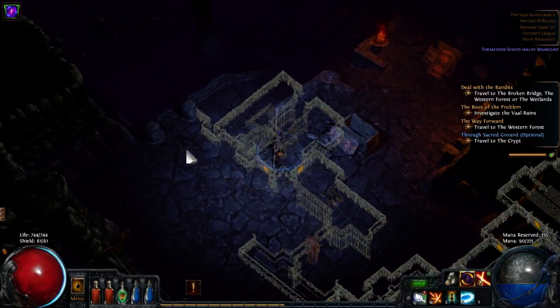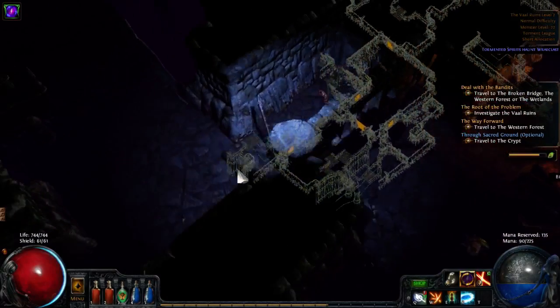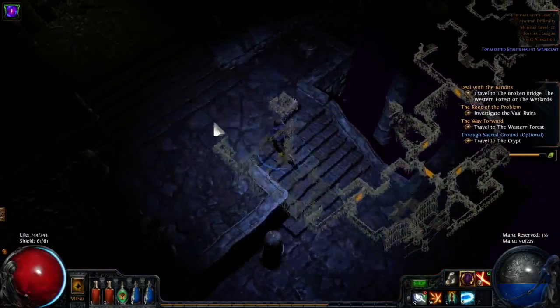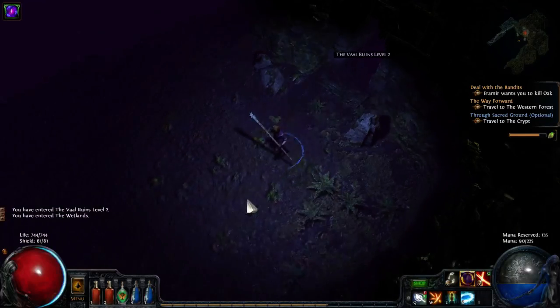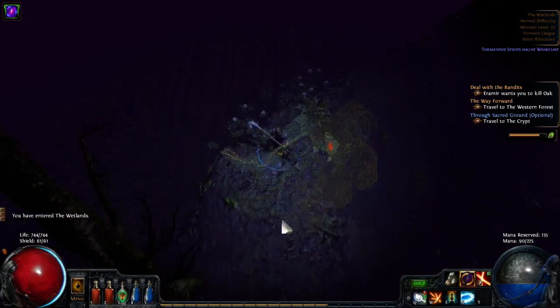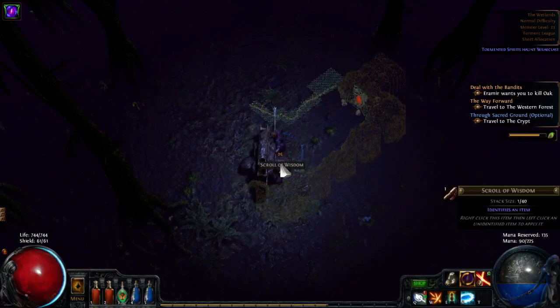in the area that follows, you have to find the way out to the next area, and I'll come back once I find it. Okay, I found the exit. It's when you see some kind of stairway going up, that's where the exit is, and it will lead you to the wetlands. So in here what we want to do is we want to find the waypoint. You will have on one side just water, and to find the waypoint, the easiest way in here,